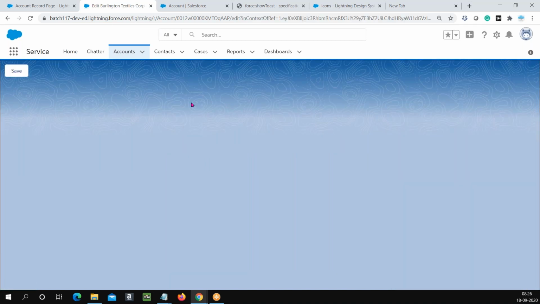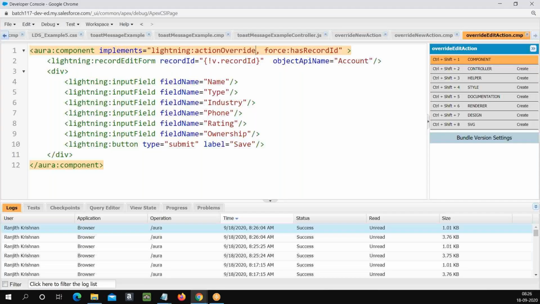Yeah, it works. It works, but this part is not working. So,